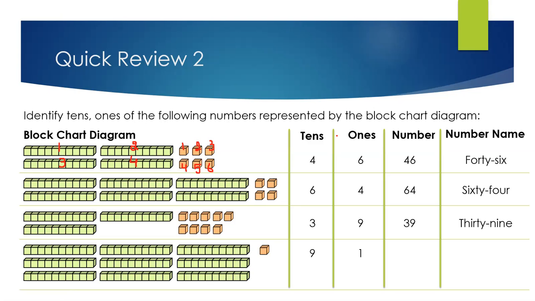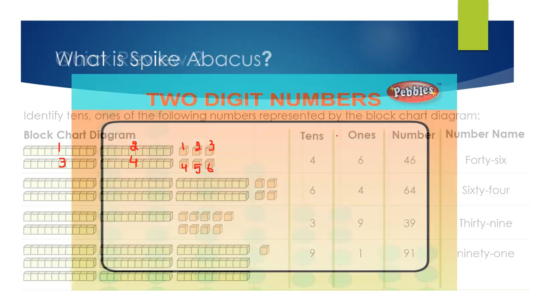And how many ones? We have a single cubic block, which represents 1, and it is only 1 here. So the ones are 1. And the number would be 91. So here was our